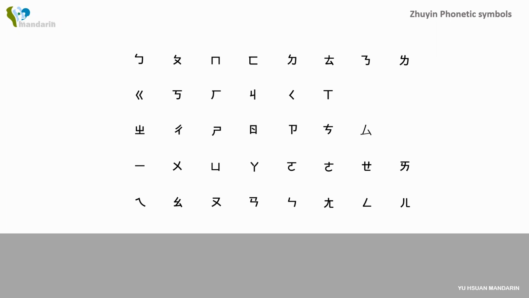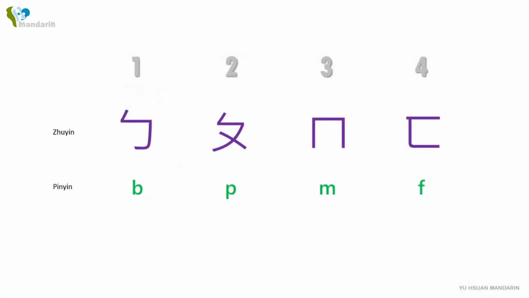In this lesson, we will practice the pronunciation of the first 11 Zhuyin phonetic symbols. First of all, I will pronounce 3 to 4 symbols in the order of the Zhuyin phonetic symbols. Then you try the pronunciation of a group of Zhuyin and get used to memorizing the sound group articulations.